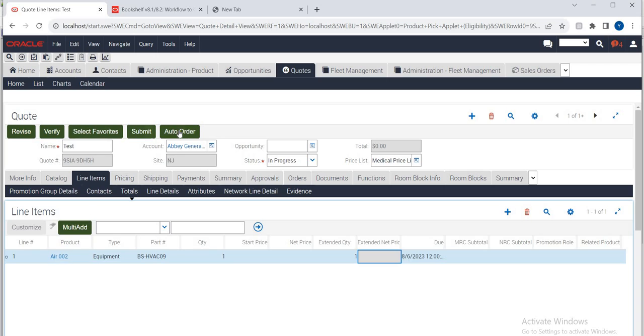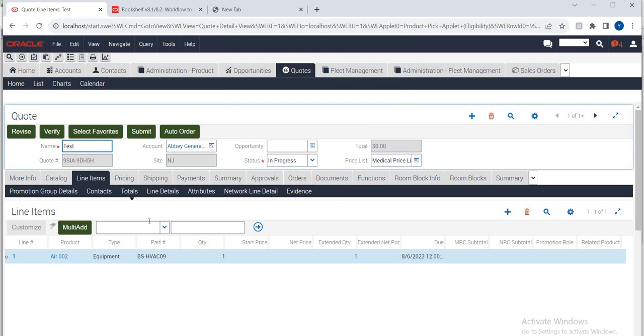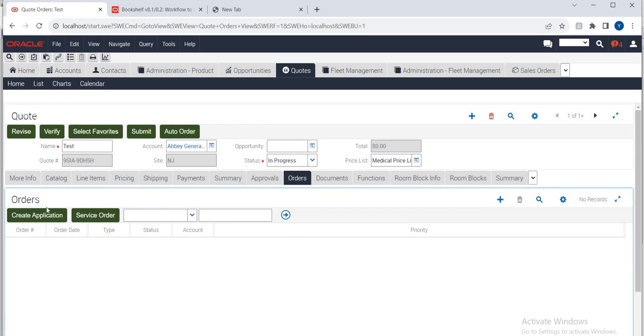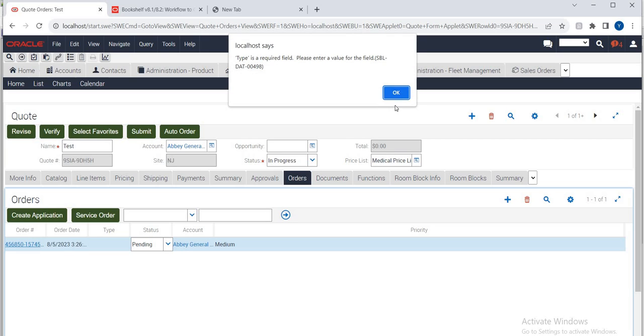Now they can do it as a code-to-order basis. Once they click the auto order, this order will get created here. You can see this is not working, but basically it will create an order. Then you can see the same way, so that order will get created. Now once the order is created,